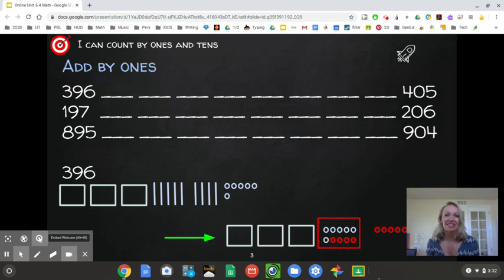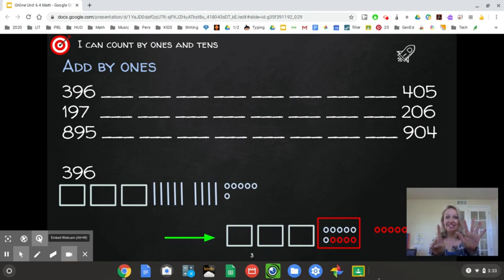405. Great job, Mavericks. So we're going to do the same thing with 197. So we're just going to start this time at 197, 198, 199, 200, 201, 202, 203, 204, 205,